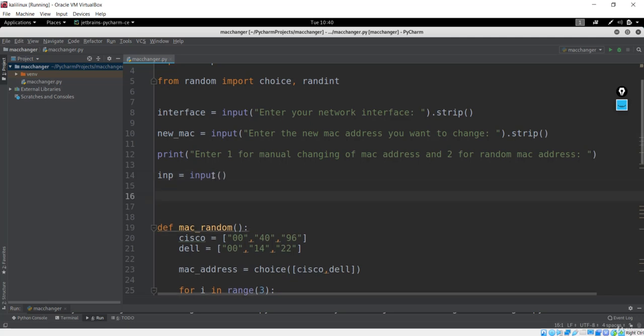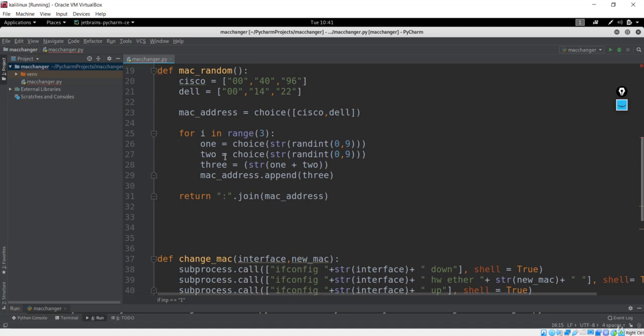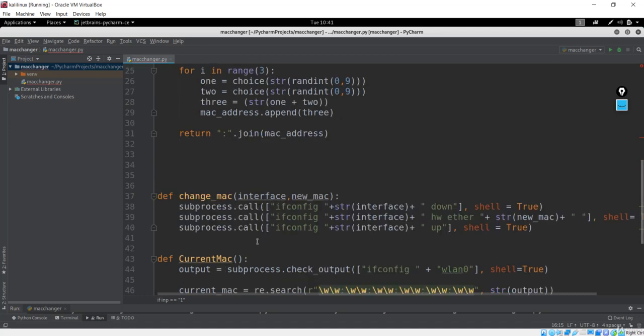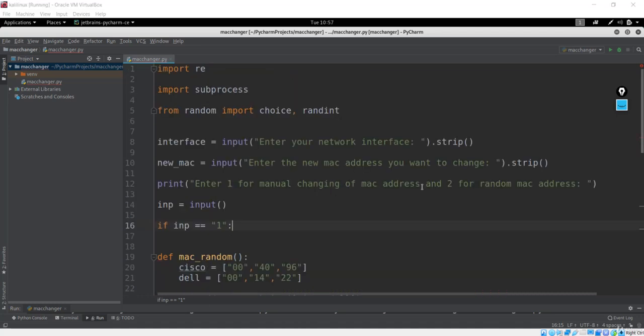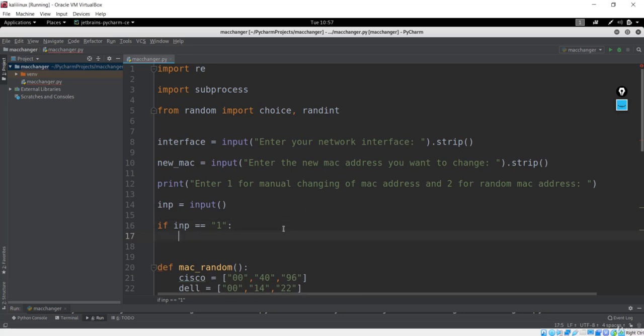So after we just get the inp, I'll just check if inp is equal to 1. So you could see I'm writing this 1 as a string, not the integer, because the input that is given by this input method will be in the form of a string. That means I'll just put 1. Now we'll make the flow control in order to just see if the user wants the random MAC address or the MAC address that is inputted by the user. So if the input is 1, what we're gonna do is we'll simply see the manual changing for this.